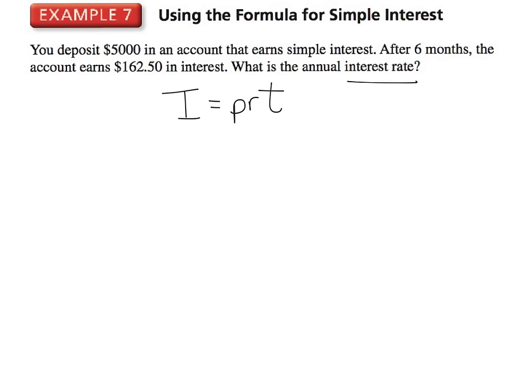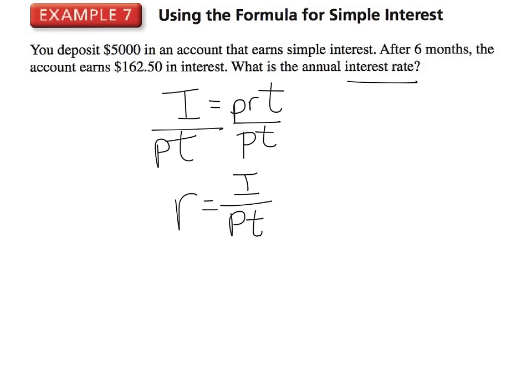Well, the opposite of multiplying by a T and a P would be dividing by a P and a T. So I divide both sides by P and T. And I get the rate as equal to I divided by P multiplied by T. So I plug it in. The interest is $162.50